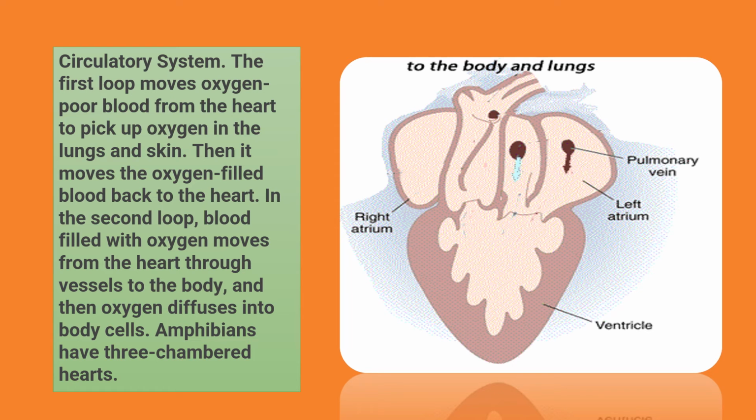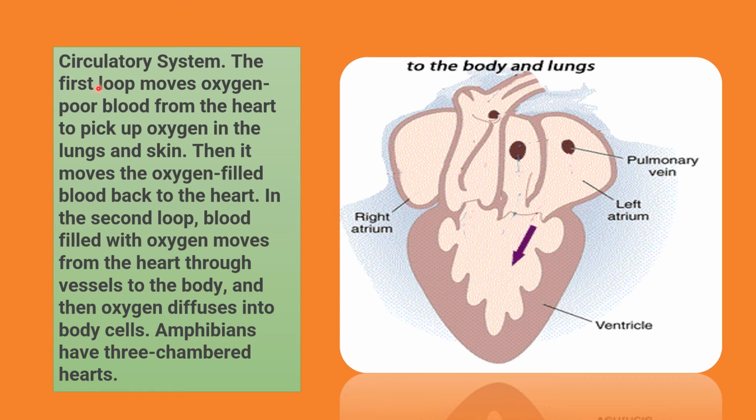Actually, in a toad's heart also, double circulation we can see, but not like human beings, because there are only three chambers, right? Two atria: this is the right atrium, follow my pointer, you will understand. This is the right atrium and this portion is the left atrium. And this is the ventricle. Only one ventricle is there. But then also double circulation can be seen in a toad's heart.